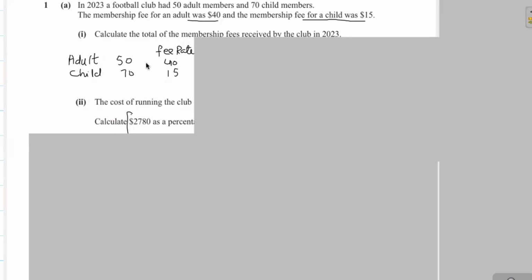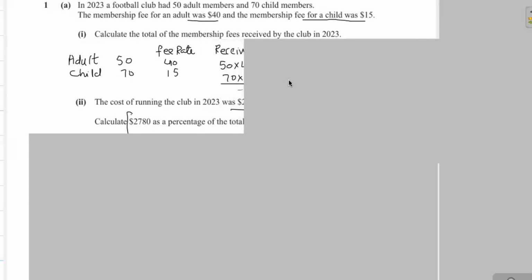To find the total amount, the total membership fee for adults will be 50 multiply 40 and the child membership fee becomes 70 multiply 15. So 50 multiply 40 equals $2,000 and 70 multiply 15 becomes